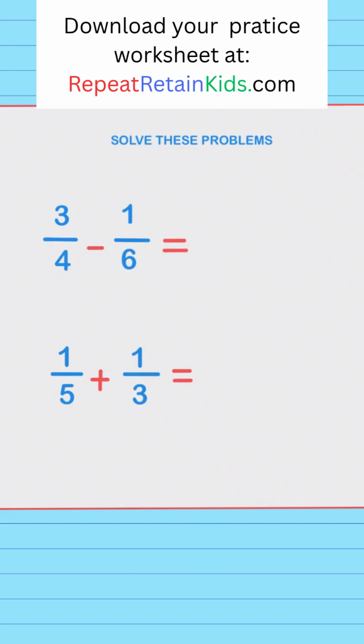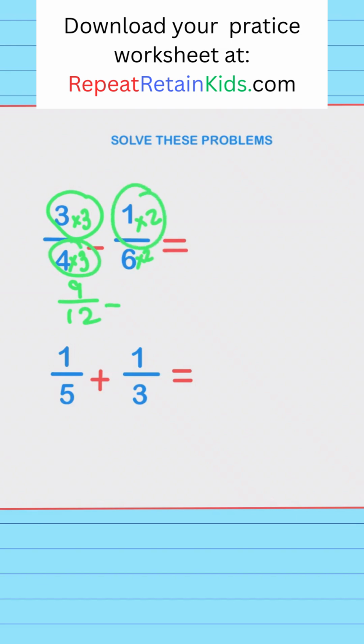So remember, the rule is whatever we times this by, we have to times that by. And whatever we times this denominator by, we have to times the numerator above it by. So let's go do our 4 first. To get it to 12, we're going to times it by 3. And then we're going to do the same to the top. Okay? And to get 6 to 12, we're going to times it by 2. And we're going to do the same to the top. Okay. So now what we're left with is, for this one here, a 9 over 12, minus that over there, which is 2 over 12, equals,